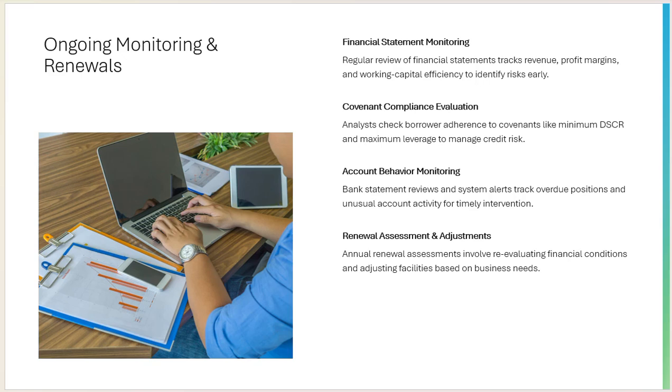Post-sanction monitoring is crucial to ensure that borrower performance remains aligned with the initial expectations and that emerging risks are identified early. Monitoring activities include regular review of financial statements to track revenue pattern, profit margin, and working capital efficiency. Borrowers may be required to submit quarterly and annual statements as part of covenant compliance. Analysts evaluate compliance with covenants such as minimum DSCR, debt service coverage ratio, maximum leverage, and restrictions on additional borrowing. Account behavior is monitored through bank statement review and internal system alerts and tracking over the